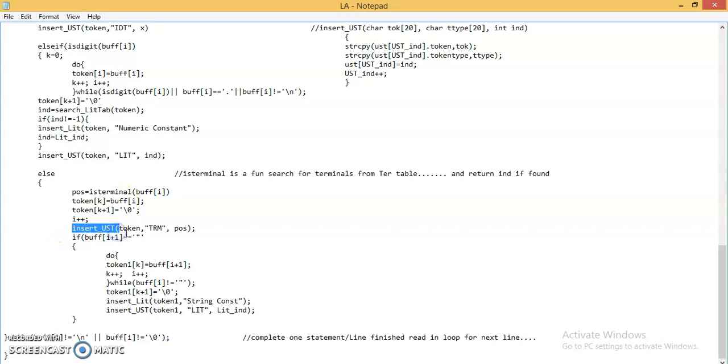Insert into the UST that token and mark it as a terminal, along with the position in the terminal table. Sometimes when you use a scanf or printf statement, after the left parenthesis there is a double quote, and inside that we use %d, enter number, and then the double quote ends. That complete string, starting from the opening double quote to the end quote, whatever characters are in between,